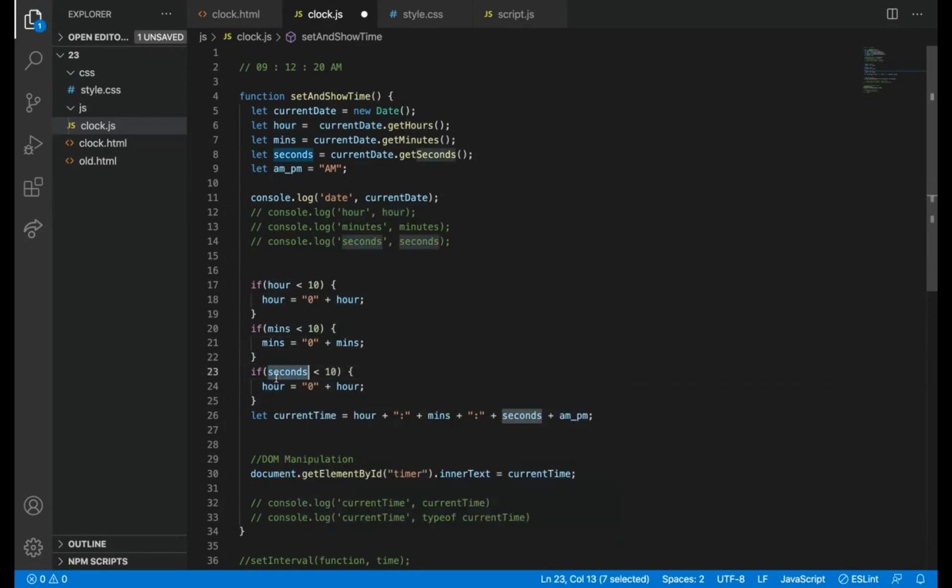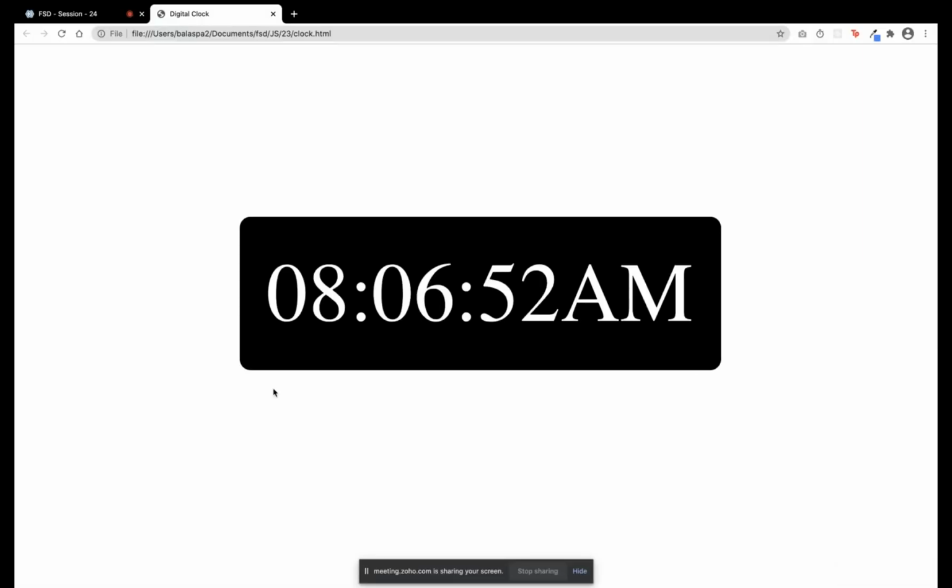I want to append the seconds with 0, and then 08:06, and then we will wait for 5 seconds to see whether 0 is appended to the seconds. It will get appended because we wrote it correctly. If I had not added this, you might have seen the 0 was not coming. Now it is coming. So we have achieved this perfectly.